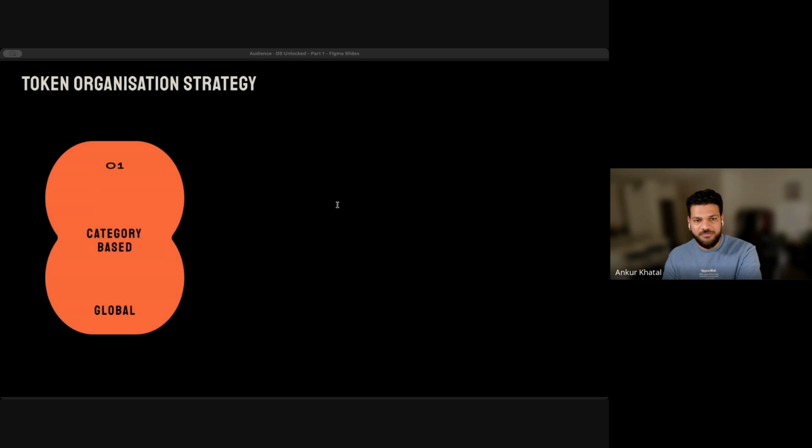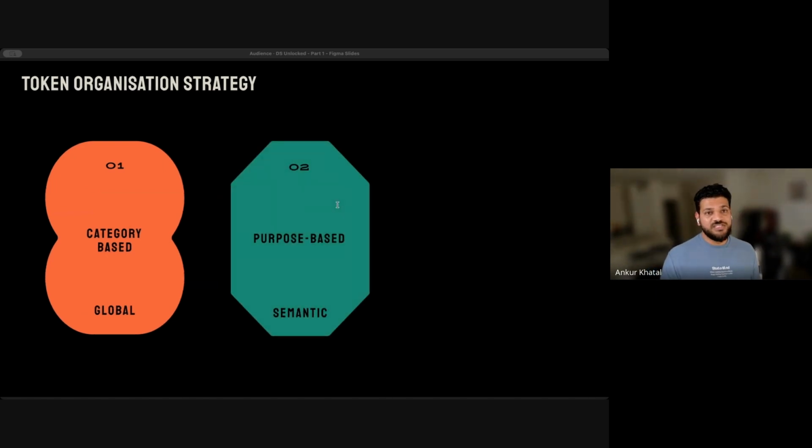So first is category based. This is a simple approach. You group tokens by what they are. So things like color primary, spacing medium, typography heading. These are often your global or primitive tokens. They store the raw values, but they don't carry much meaning beyond that. It's like a tool set we have at our house, but we don't use everything at once to do some task, right? Then second is purpose based, which is semantic,